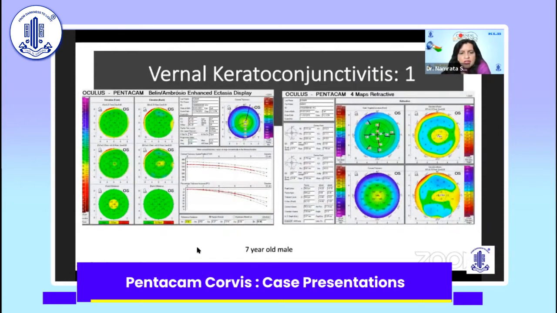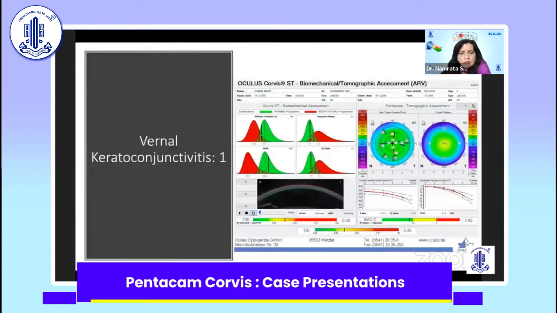Now, this is just to show a case of vernal keratoconjunctivitis, which had good pachymetry, almost to the tune of 550 microns. Keratometry was also good. The BAD is also normal. But if you look at the biomechanics, they are falling in the range of a suspicious category, 0.38, and TBI of 0.35. So these cases actually have to be followed up over a period of time, and especially when it's a child, you know that you have to follow up these cases over a prolonged period of time,